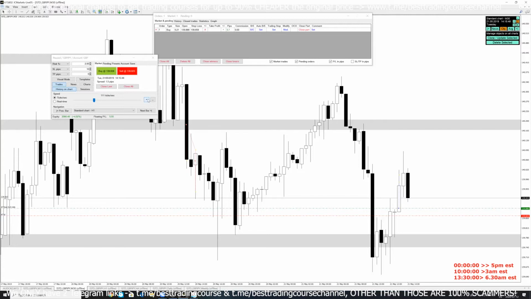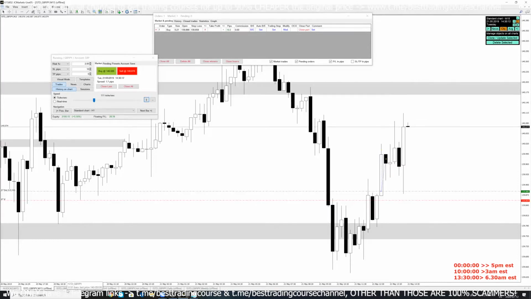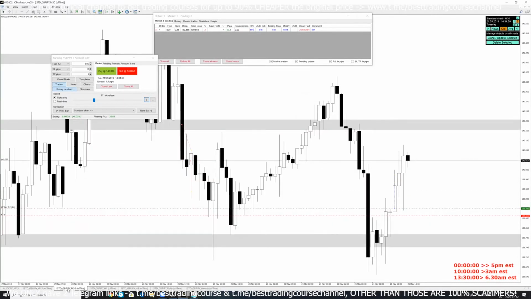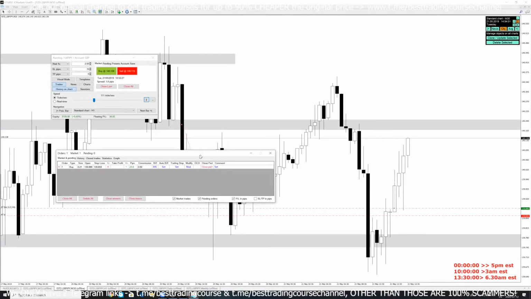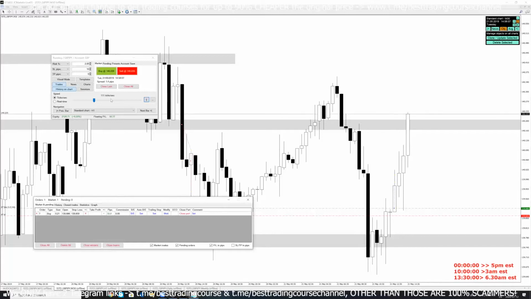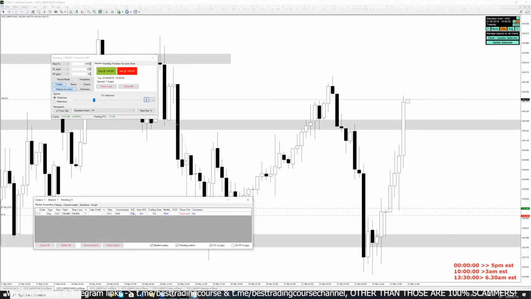So now we gotta wait. Oh, wow, look at that move. Yeah, our position would have gotten stopped out. Oh, there's no confirmation. What the hell's happening here? There was no confirmation at all. It just wicked down and then just moved up. Wow, what's going on over here? Jeez, this is running, man.